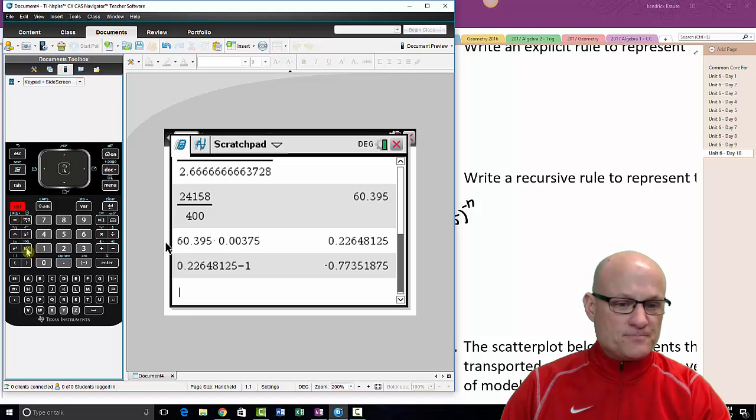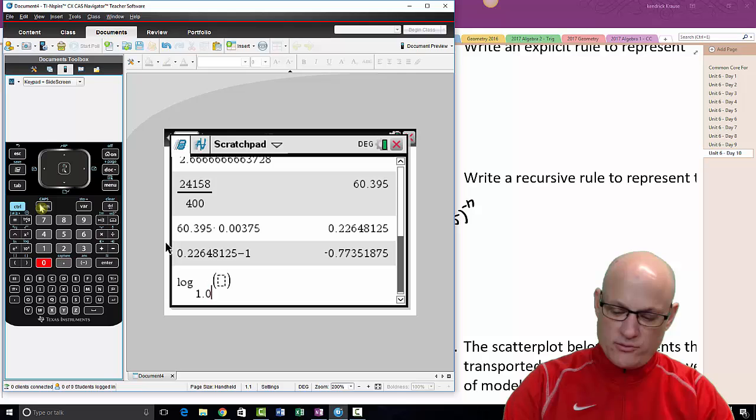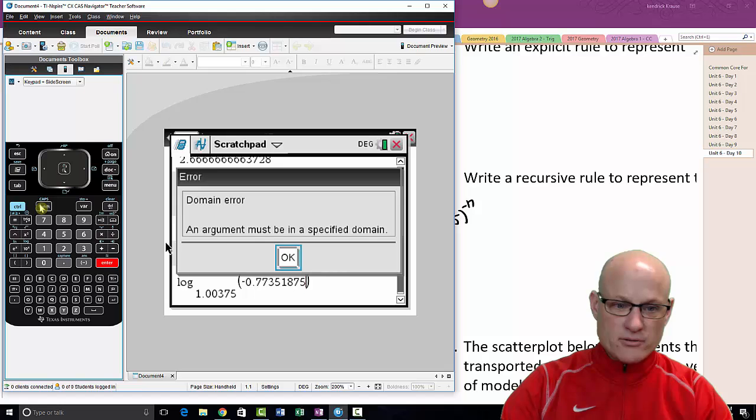So log base 1.00375 of this, enter, oops,